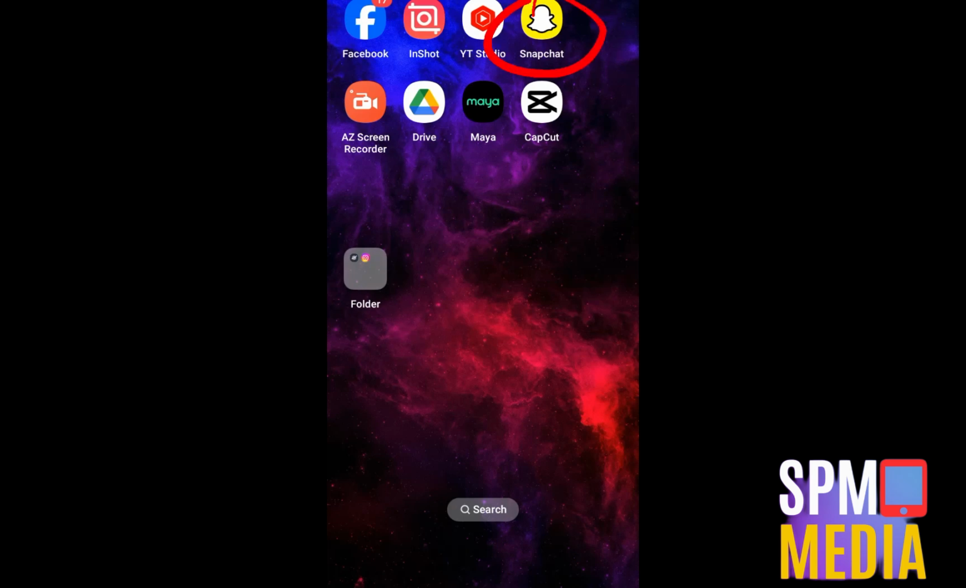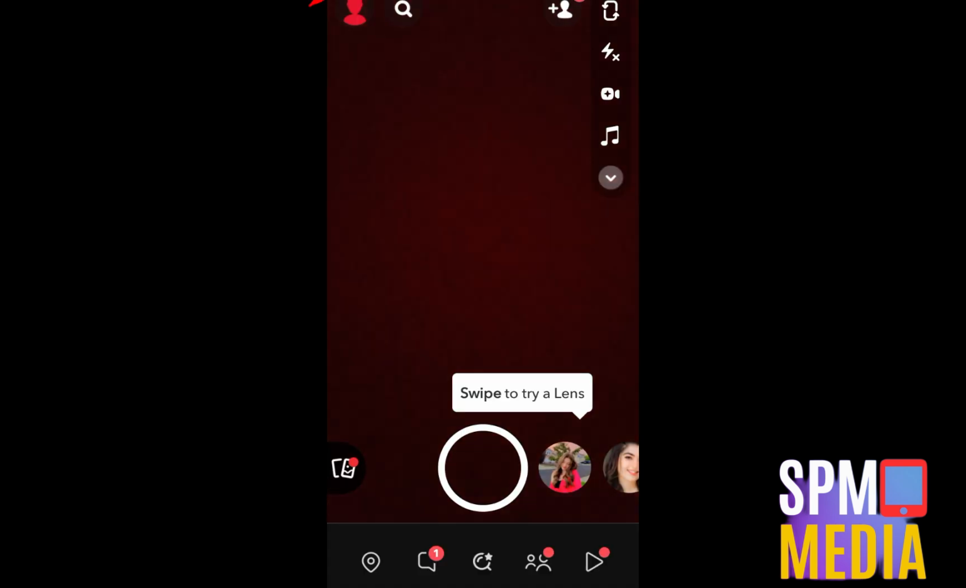Hi everyone, in this video I will show you how to delete public profile Snapchat. So this is a very easy tutorial, but you have to make sure that you're using the latest version of your Snapchat application. Launch your Snapchat application right here, and then you have to click this person icon at the